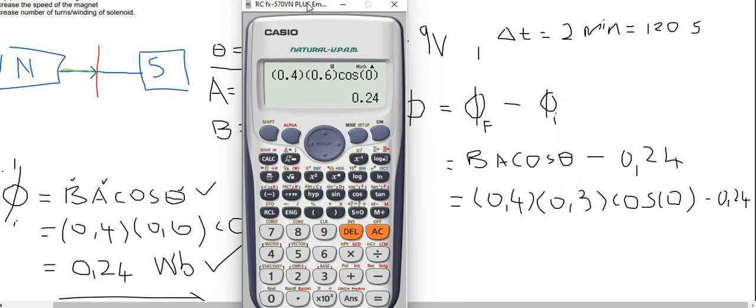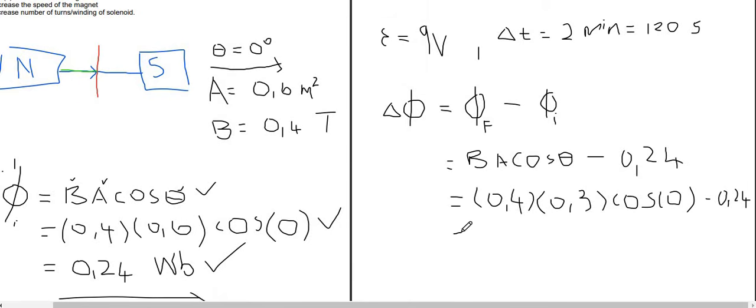So you'll say, okay, let's see what we have. We have 0.4 multiplied by 0.3. I always put my stuff in brackets just to be safe, you know, BODMAS. Otherwise, sometimes you get wrong answers. Minus now 0.24. You could have just used a multiply there, it doesn't matter. I just like using brackets. Then there you are, the value that you get is